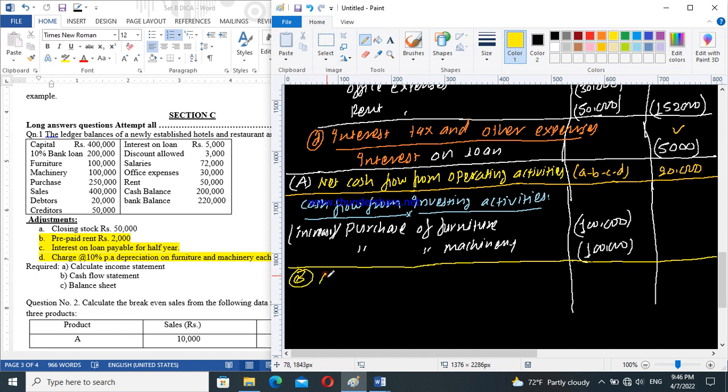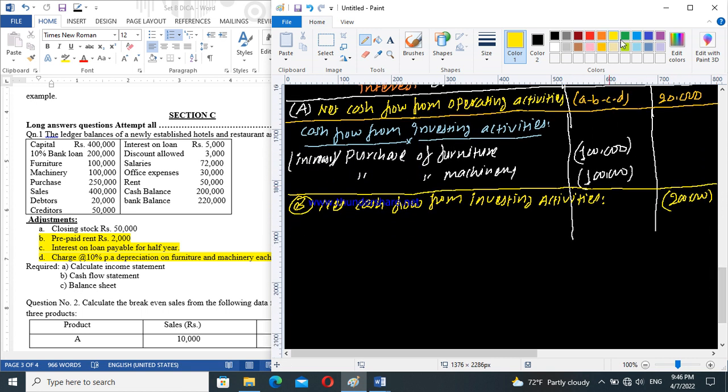B, net cash flow from investing activities 2 lakh minus. Okay, move on, next section,